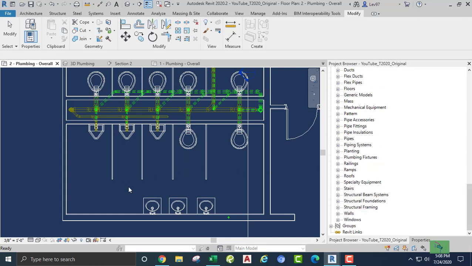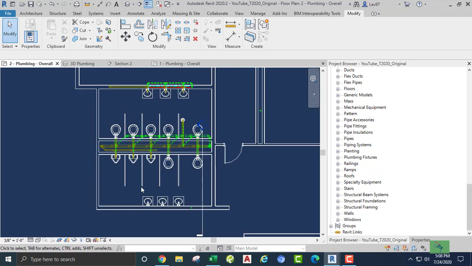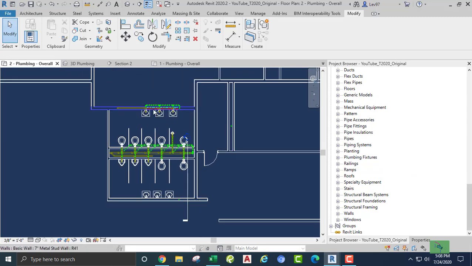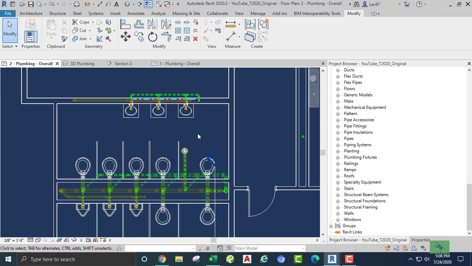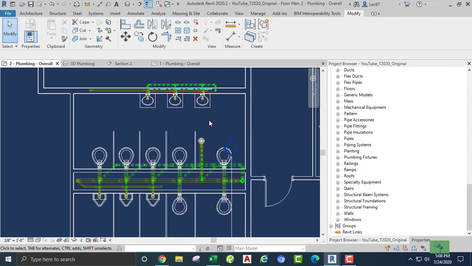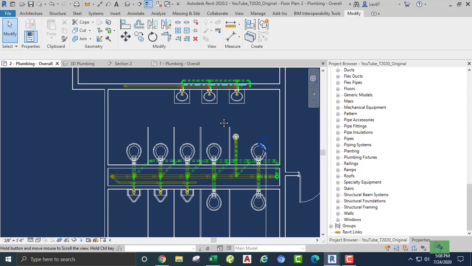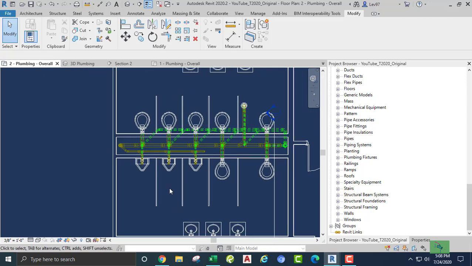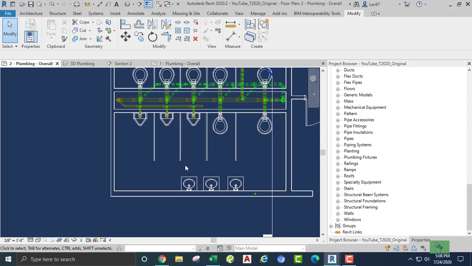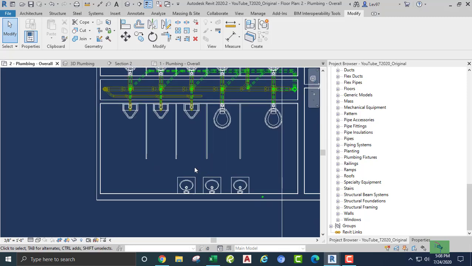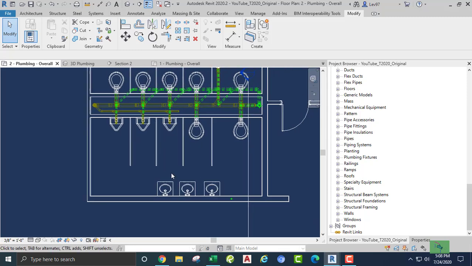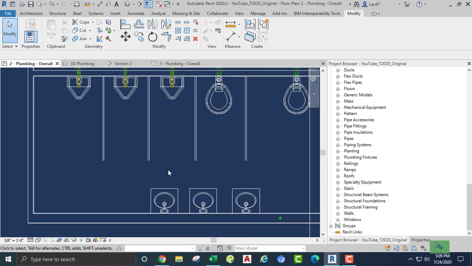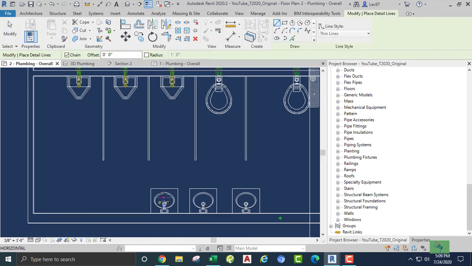But when you're in these views, and it looks like when you're copying and pasting and similar, if it doesn't work, you just have to figure it out. I think what I'm going to do is draw a detail line here